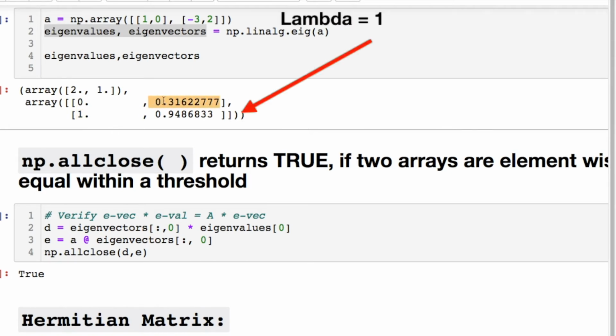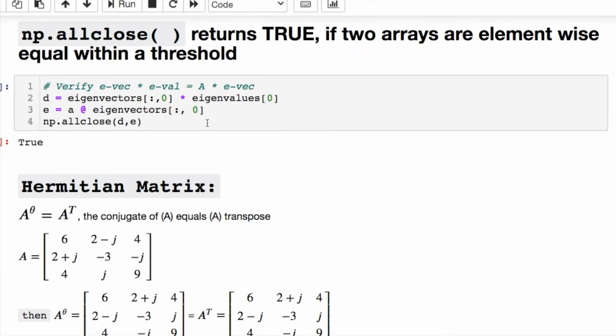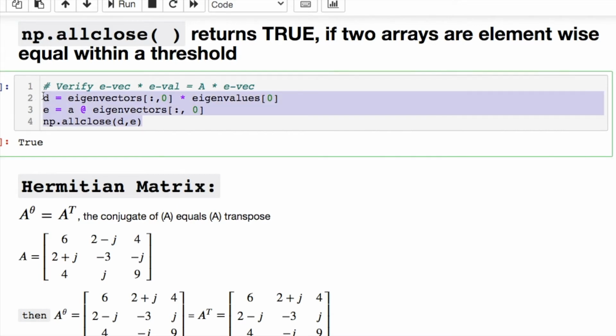This is where we have our v11 that was equal to 1/3 of v2, and here's our v2 when lambda was equal to 1. Something that comes up quite often for checking your balances is np.allclose. It returns true if two arrays are element-wise equal within some threshold value. This was set up from an example I saw online, and it's doing a comparison to do your checks and balances.